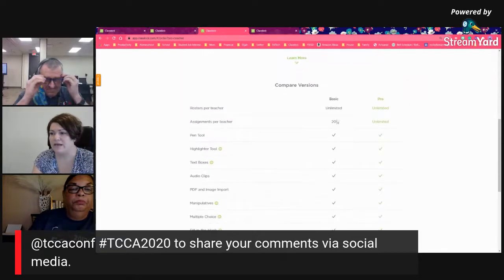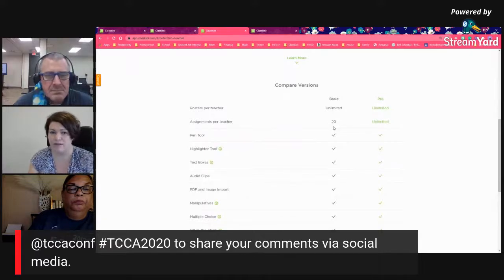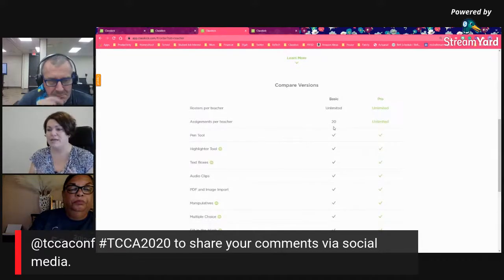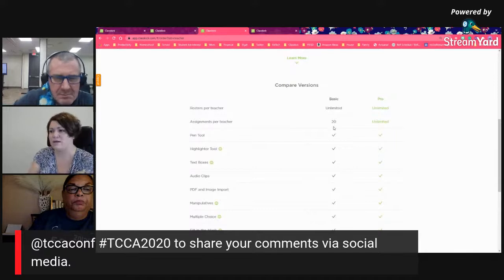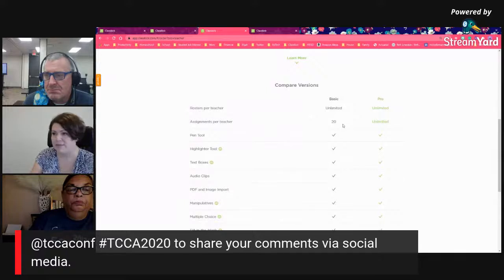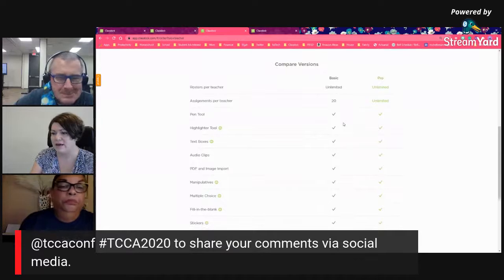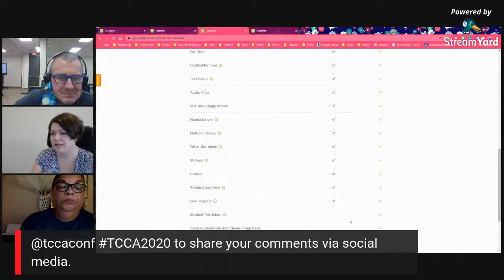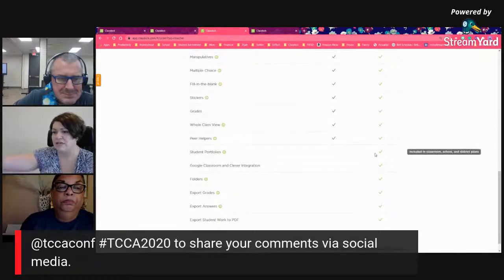Basically, with a basic teacher account, the teacher can have 20 assignments at one time, whereas a pro user can have unlimited. So if you create more than 20 assignments, then you would have to delete them to be able to create more if you're going to be using a basic. There's a whole bunch of features that are the same. The major difference is this,